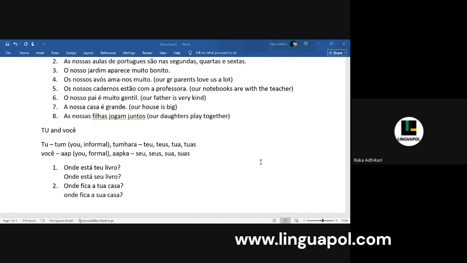But if we are talking in Brazilian Portuguese, then we cannot use tua. We will use sua. Okay? Because in Brazilian we do not have the subject of tu. Although I want you to be aware that the Brazilians also use the possessive pronoun of tua. Even if they do not use the word tu, they actually use the possessive pronoun tua, teu. All these words are commonly used in Brazil, especially among friends, colleagues. So, you should know these words because they're very commonly used. Teu, tua, teus, tuas. Same meaning as seu, sua, seus, suas.